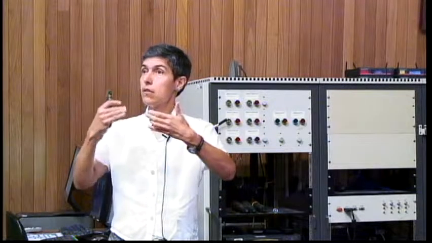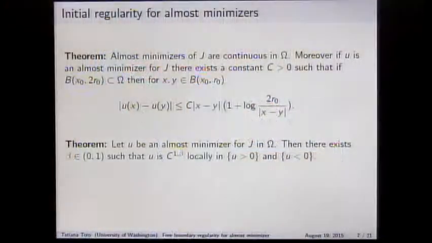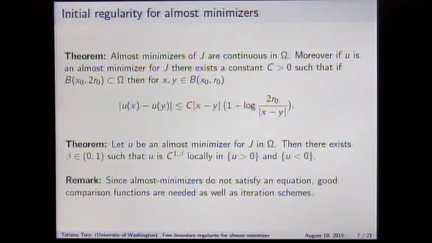Let's go back. What did they prove in the minimizing case? The positive part and the negative part were way smoother. In particular, since the functions were harmonic, they were real analytic. So we also prove that they're nicer. The minimizers are C^{1,beta} in the positive part and C^{1,beta} in the negative part. How do you prove these? Other times I do a proof. This time, unfortunately, I won't do a proof. But let me tell you how one goes about doing something like this.